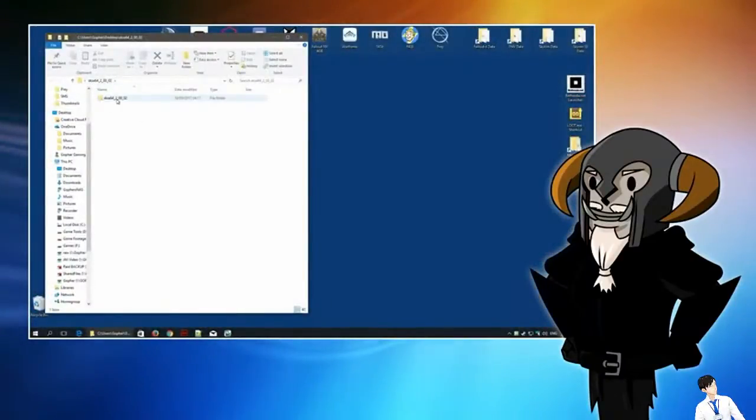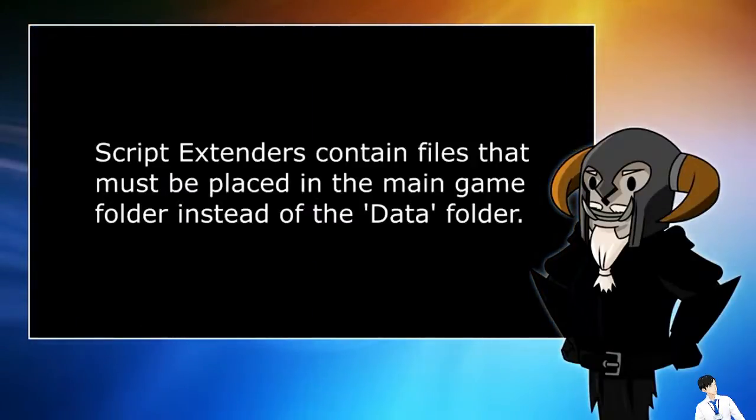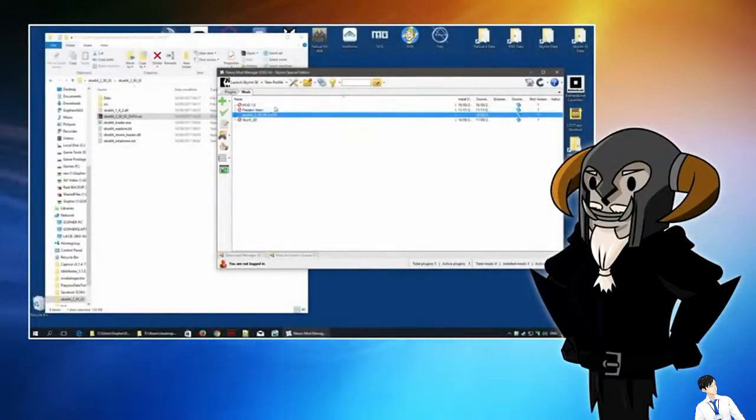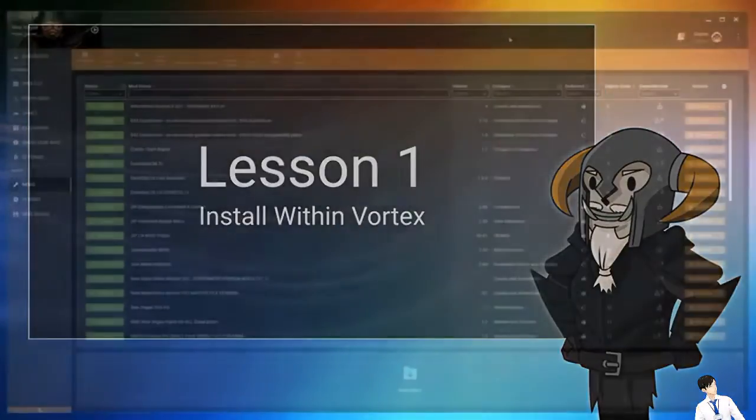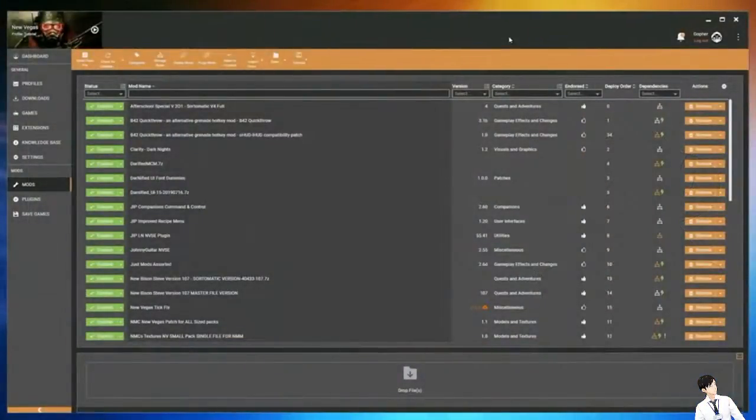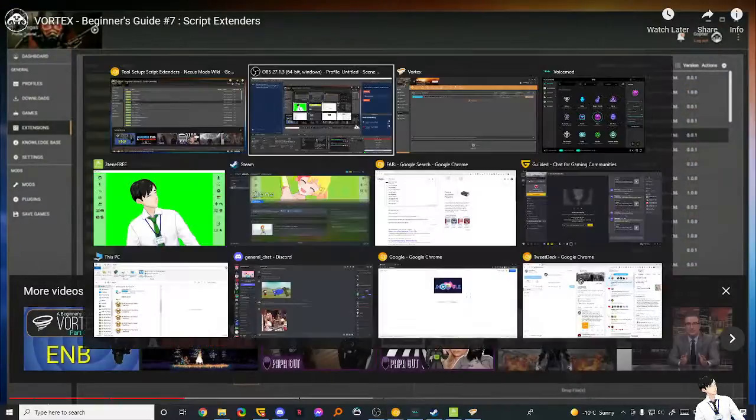One of the things that makes the script extender series of mods a little different is they install files in the main game folder, not just in the data folder. In fact, some of them only have files in that main folder. And traditionally, mod managers only installed files to the data folder, which meant for script extenders, many of the critical files you needed had to be installed by hand. But now Vortex actually handles all that for you automatically via something called an extension. This extension comes pre-installed with the latest version of Vortex, and you can check it's enabled by going to Extensions,